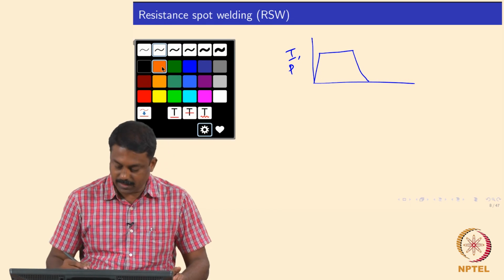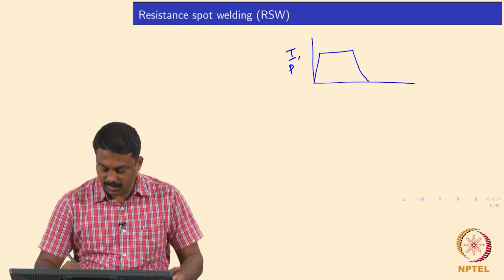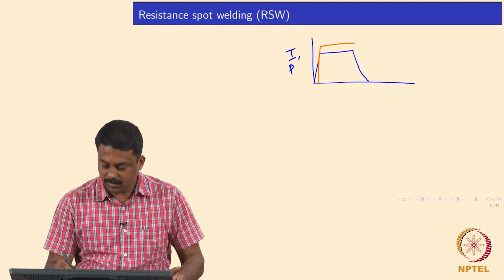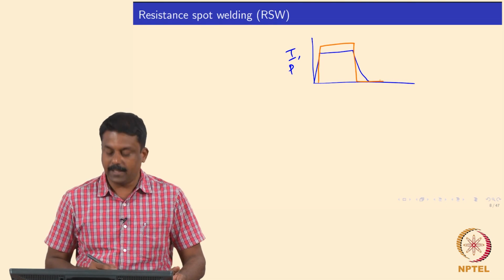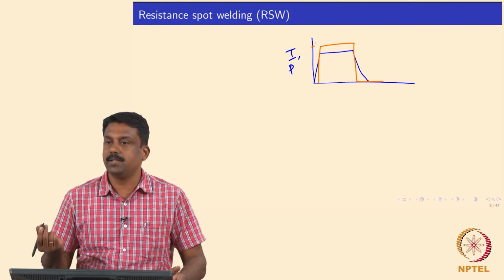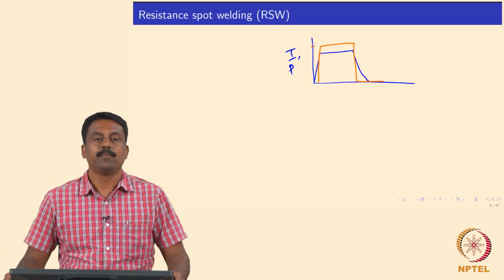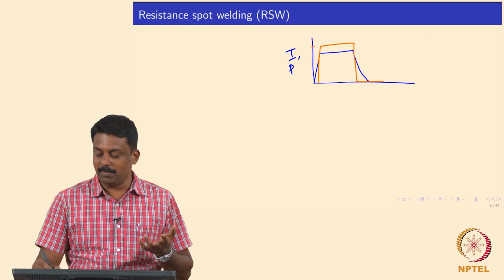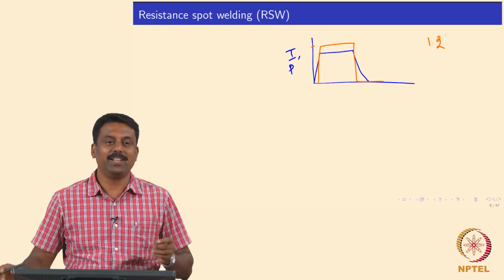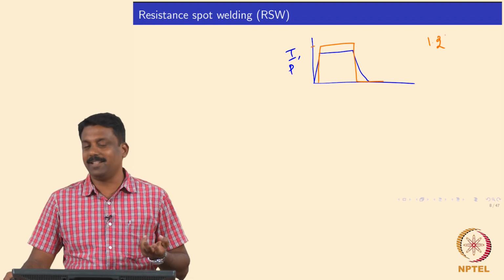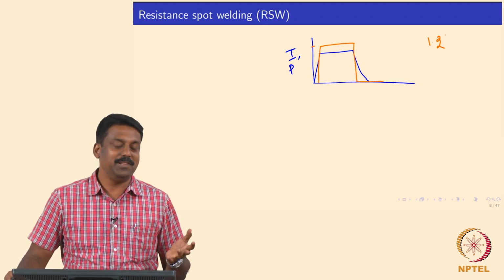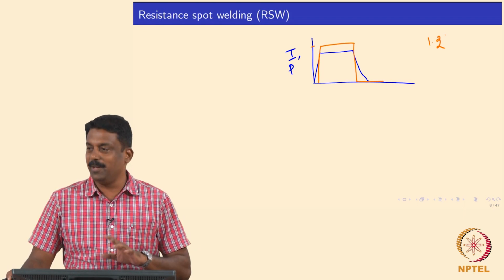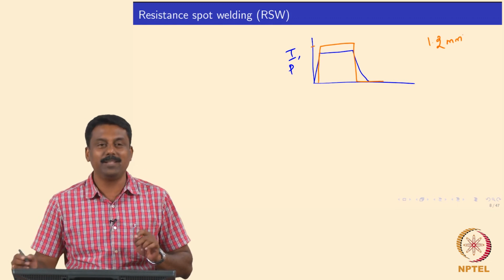If you take a red one, an orange one, then you will have a current cycle going something like that. Typically the current will be in a few kiloamperes. For 1.2 mm thick, why do I always use 1.2 mm, even for filler wire and for sheet? These are very commonly used thicknesses and diameters for any engineering applications, especially for the automotive industries. So, I pick 1.2, which is my favorite thickness for an experiment.